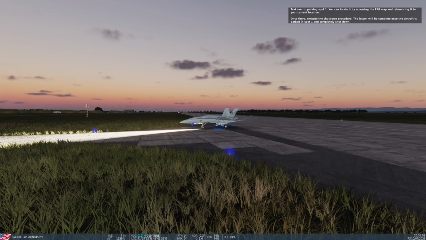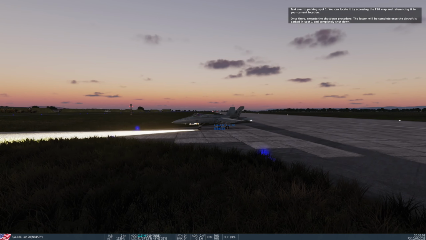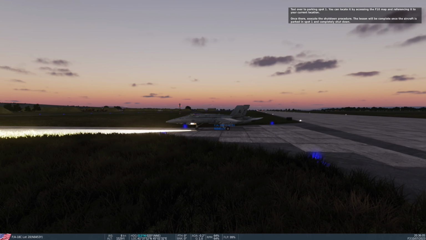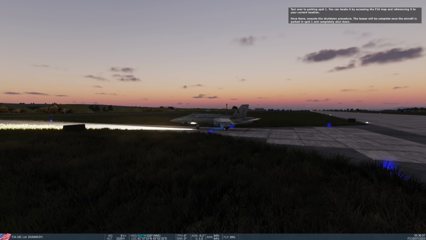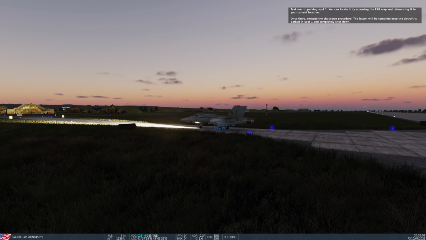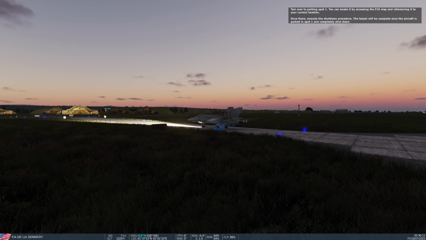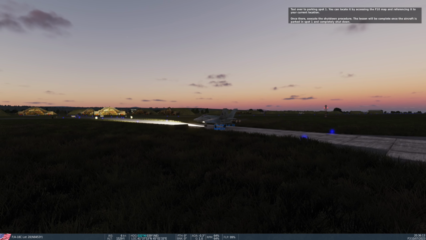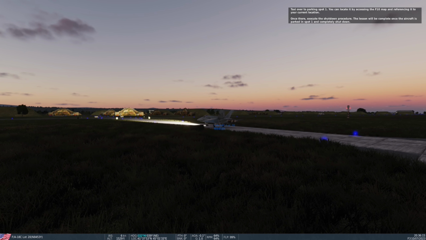Taxi over to parking spot 1. You can locate it by accessing the F10 map and referencing it to your current location. Once there, execute the shutdown procedure. The lesson will be complete once the aircraft is parked in spot 1 and